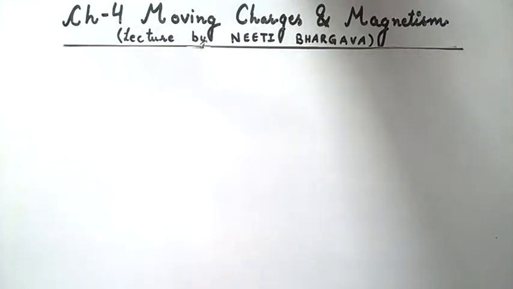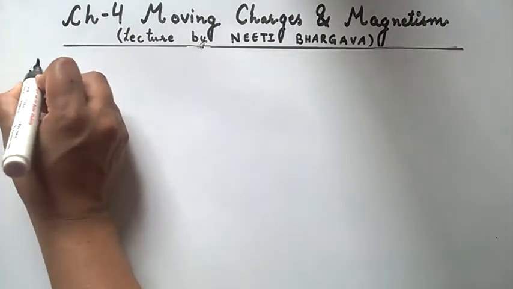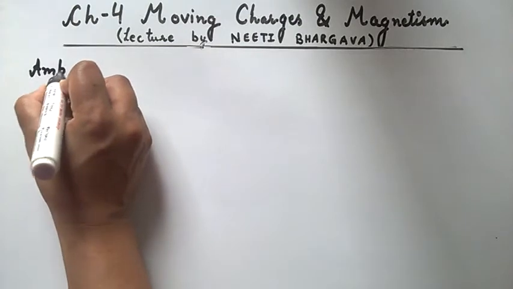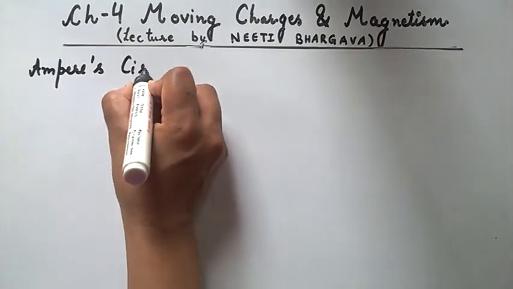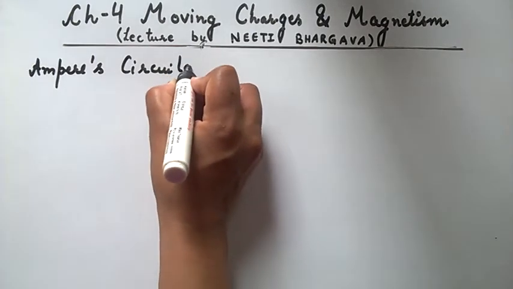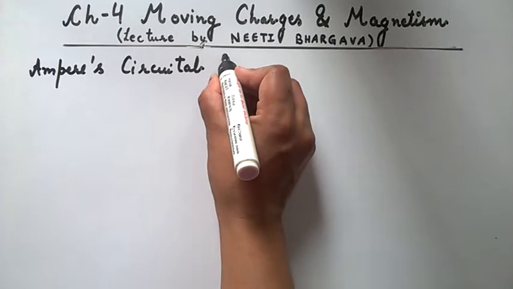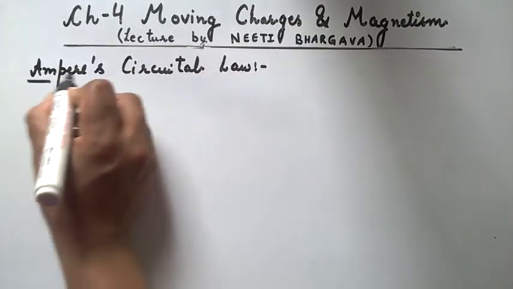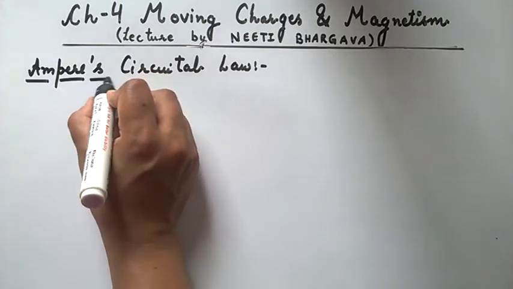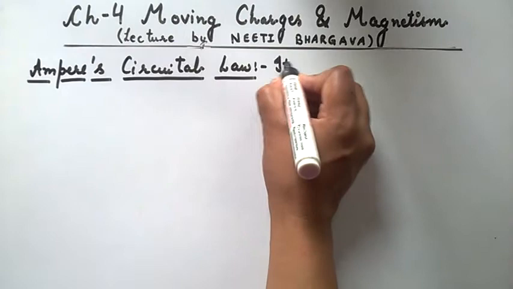In continuation with chapter number 4, that is moving charges and magnetism, now let's study another topic, that is Ampere's circuital law. This law is applicable for steady current, that is constant current, and it is the alternative form of Biot-Savart's law. It states that